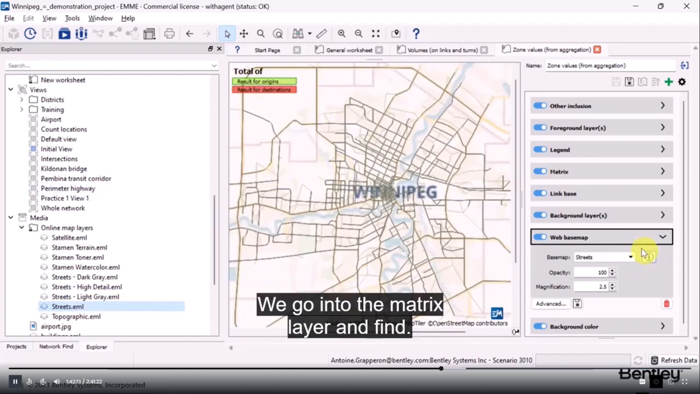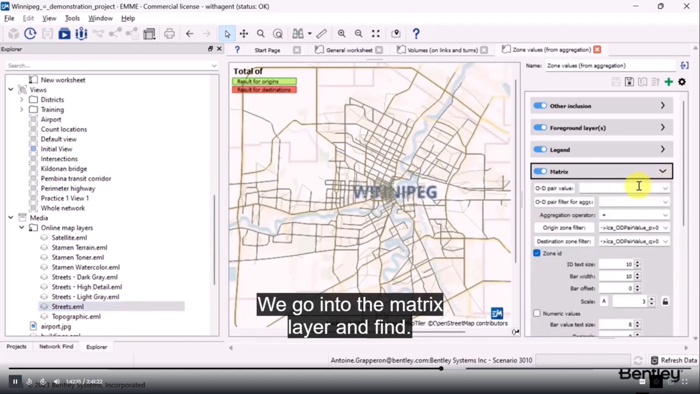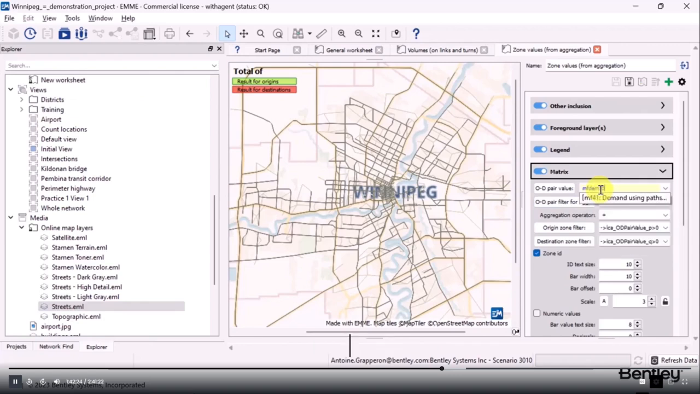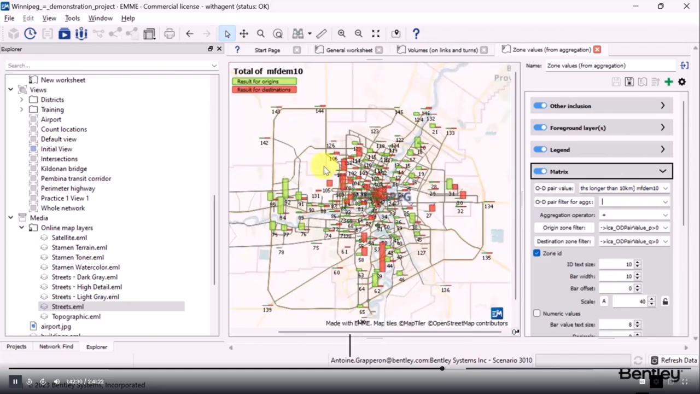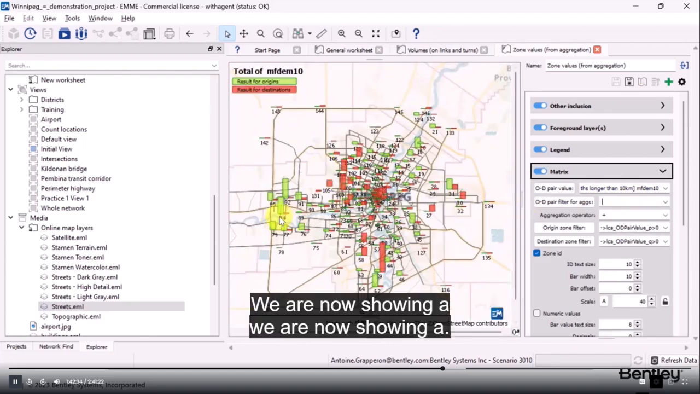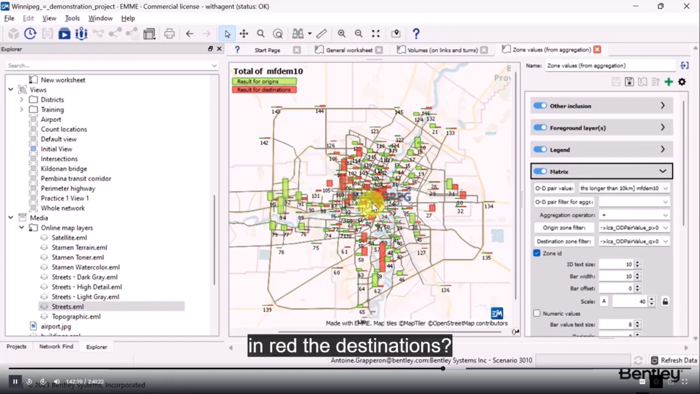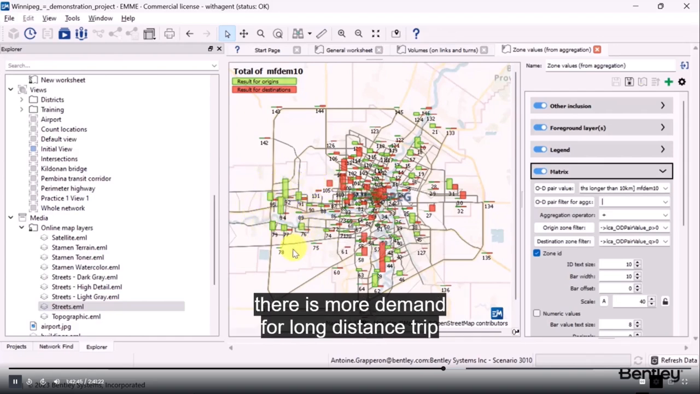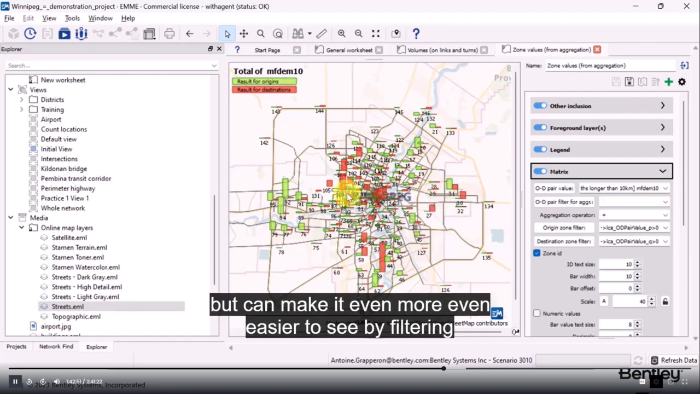So there we are. We go in the matrix layer and find the ODPR value to be MFGUM10. We are now showing a histogram. In orange are the origins, in red the destinations. It's already pretty clear that there are some locations where there is more demand for long distance trips or attraction for long distance trips. But I can make it even easier to see by filtering the